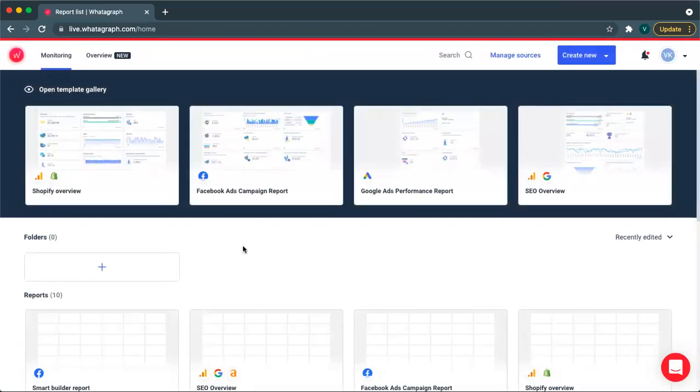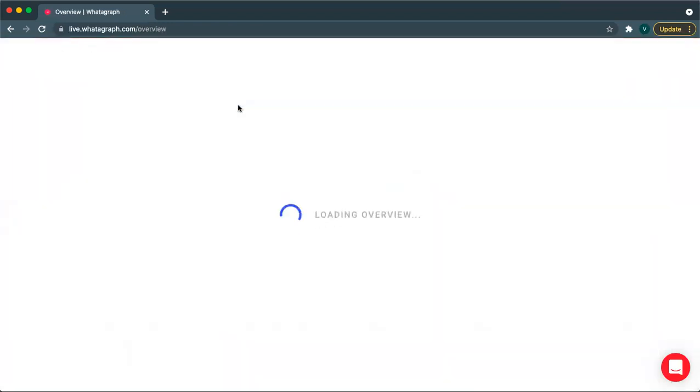So as you can see, it gives you 4 templates. One would be corresponding to Shopify overview, which is the e-commerce backend data that would appear here, along with the Google Analytics data. The second, monitoring, would be done for Facebook ad campaigns. Third would be done for Google ads, and fourth would be done for SEO overview. Apart from this, we have a general overview